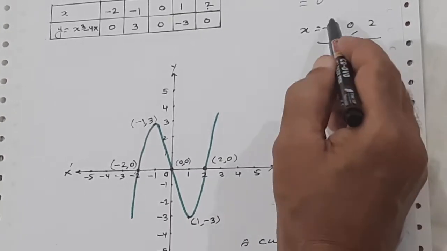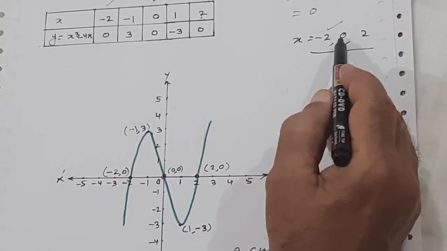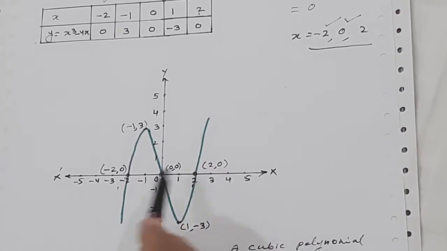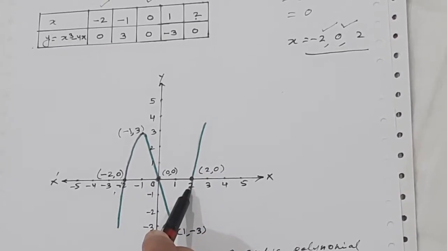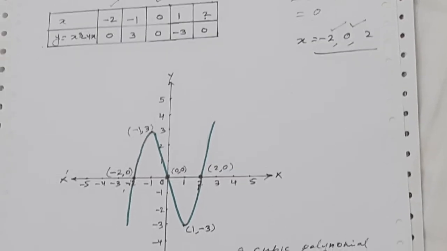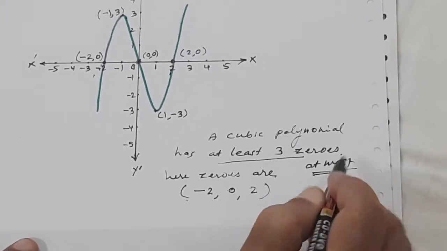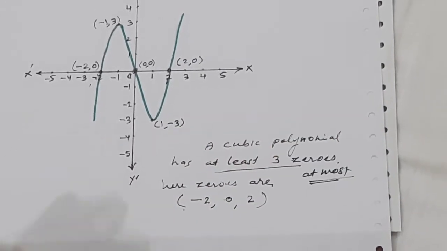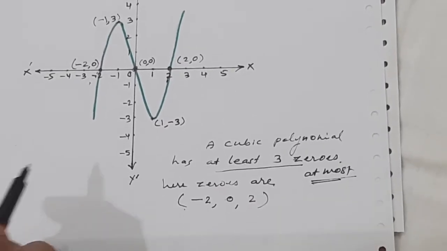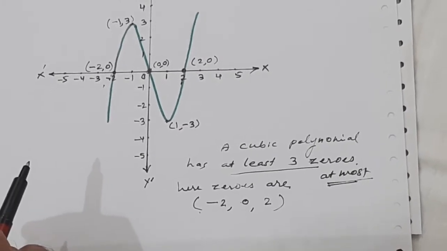That's at minus 2, this is the first point. Then it is intersecting at 0 and then it is intersecting at 2. So how many zeros are there? 3 zeros. So a cubic polynomial has at the most 3 zeros, maximum 3 zeros, minimum no zero. So one thing you must know from these graphs,